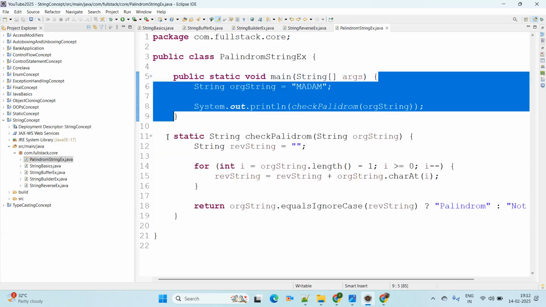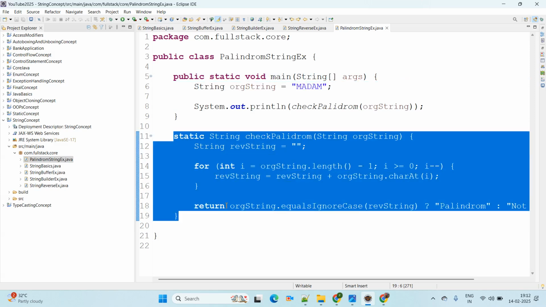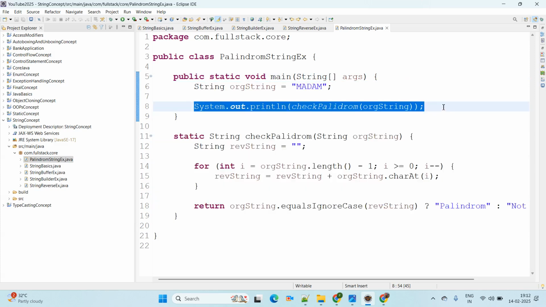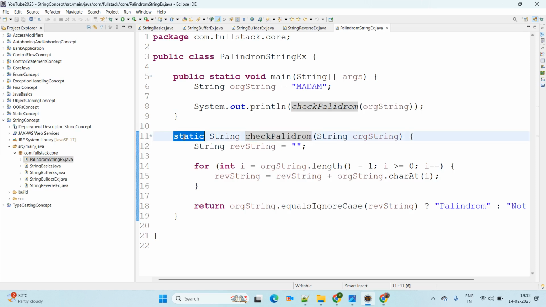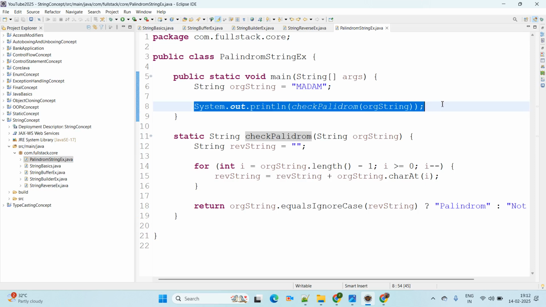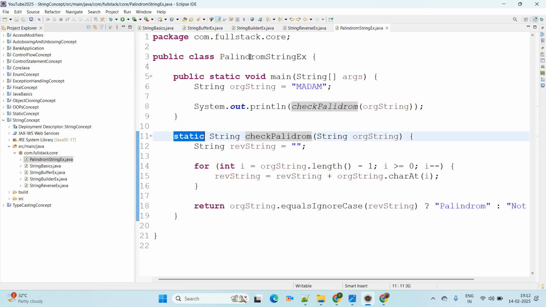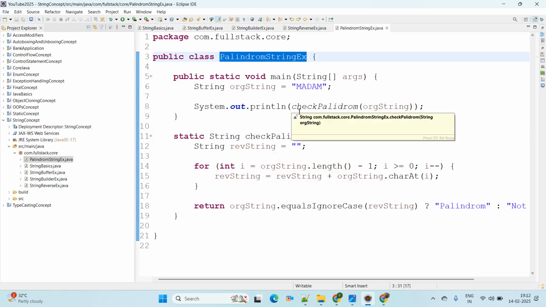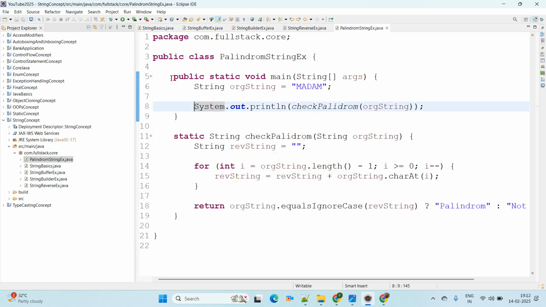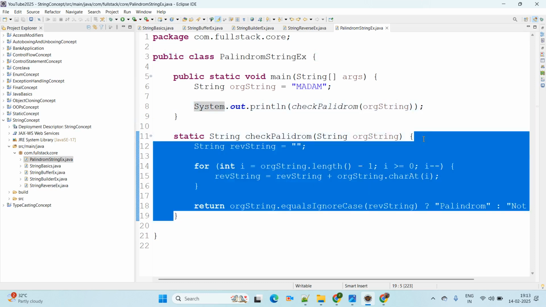And if you want to write the separate method, then I will recommend you try to create the separate function, and the function you can simply call within the main method. And whenever you are creating any functions, try to make them static, because you do not need to create the object to call within the main method. Any method you declare with static, it's not required to create the object to call within the main method. But if you are not giving static here, then yes, you need to create your class object, and then you can call your methods. I hope you got the concept of how to check is the string palindrome or not, right? Now coming to next is